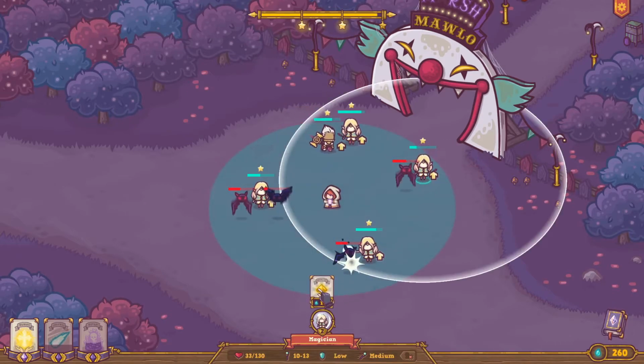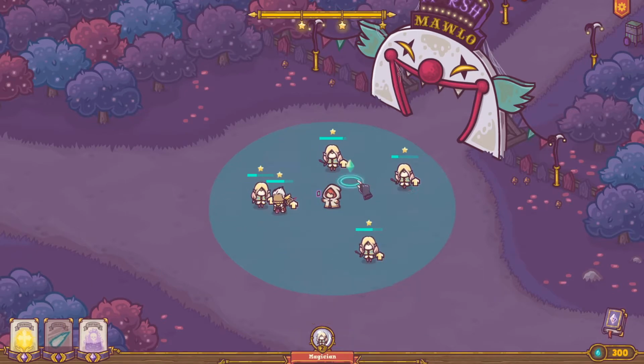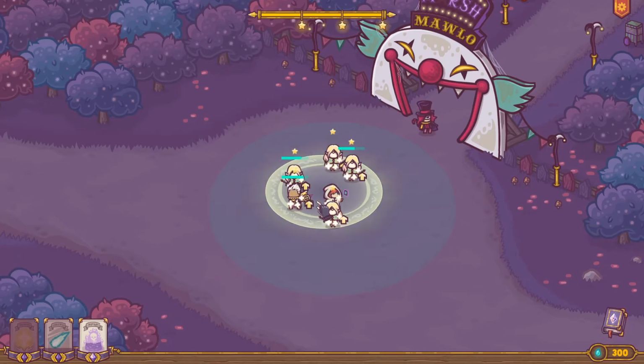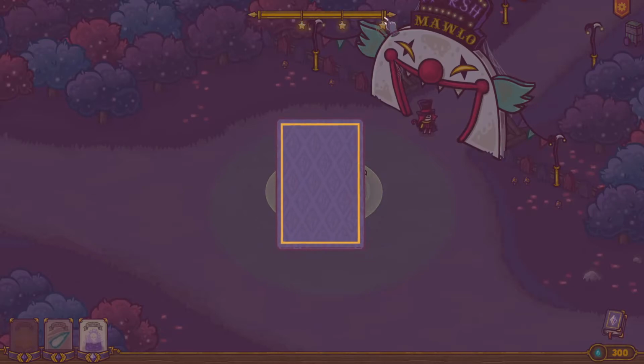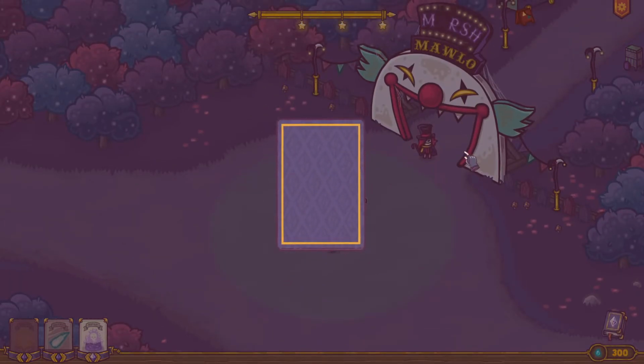I need to be leveling up this magician. Or not. You don't need to level up. Look at that. Crazy. And you did it! Oh my god, we did it. First try. What the hell? 3 stars. And our reward for getting 3 stars in the Marshmallow Circus